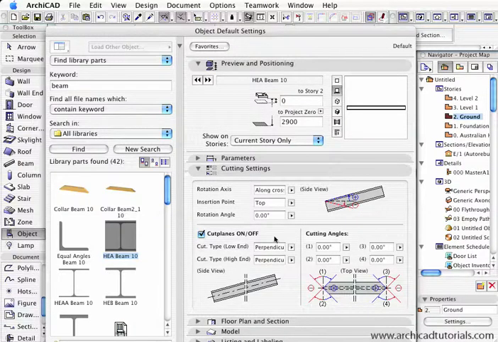The cut planes, when they're turned on or off, we can turn them on or off from here as well as in the parameters dialog box, and we can actually cut it perpendicular to the axis, along the vertical axis, or along the horizontal axis. The cut type here on the high end of the beam can be either along the vertical axis or along the horizontal axis also. Now the cutting angles, we can just define the cutting angles in here, or if we want to, we can place the beam in the floor plan,